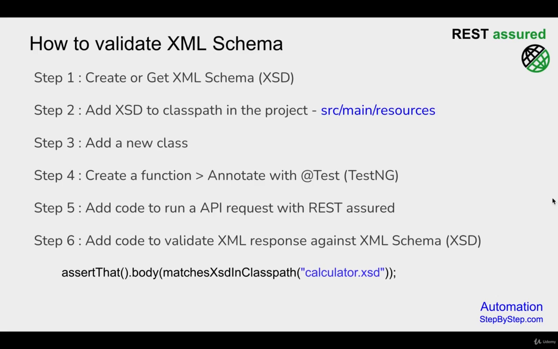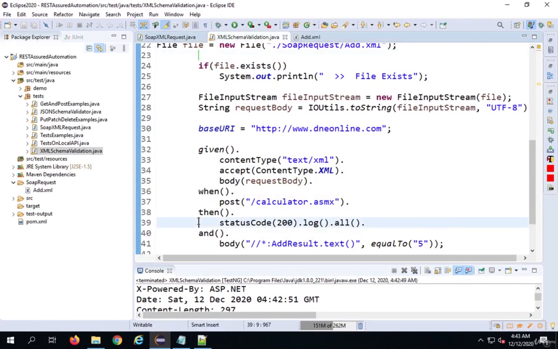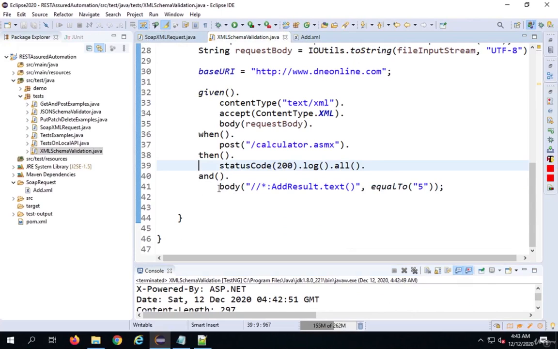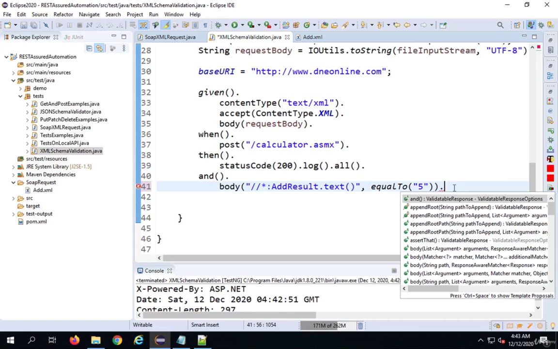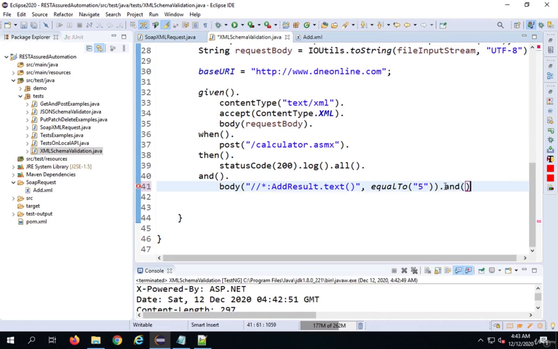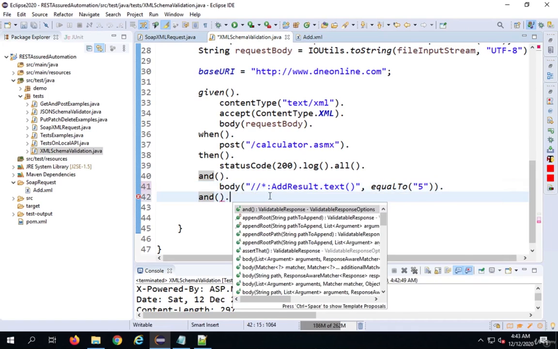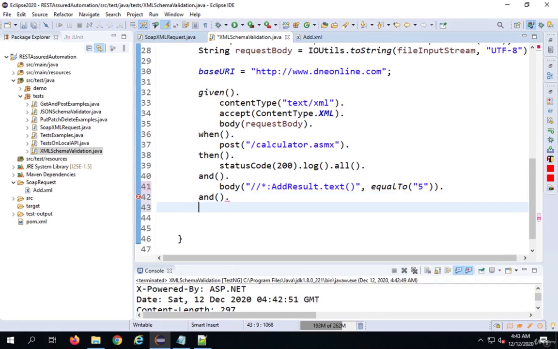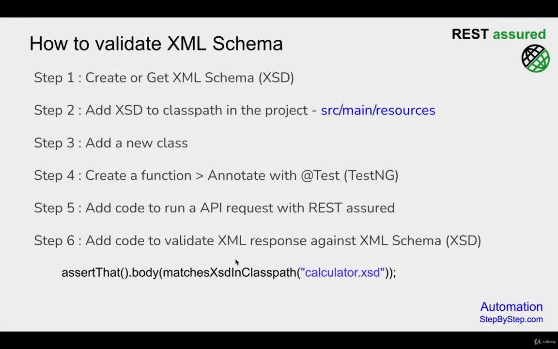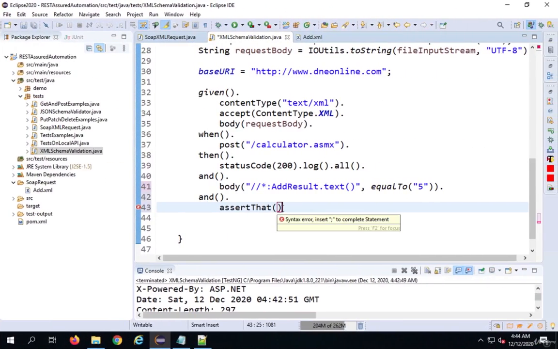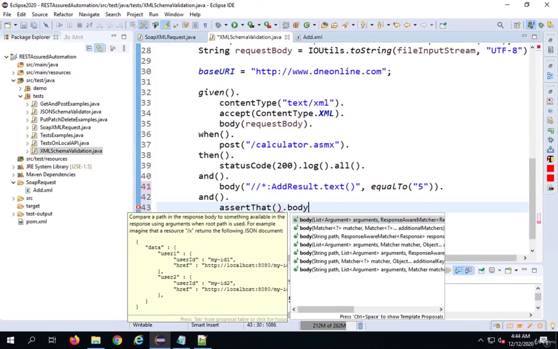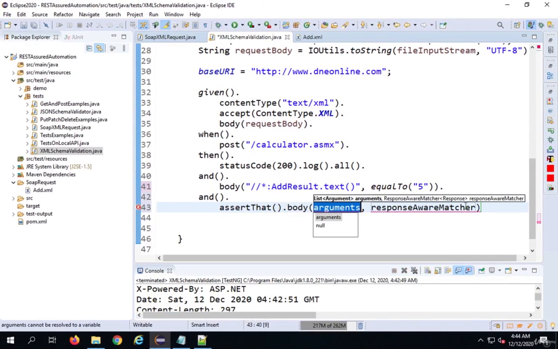So I will go to the bottom, and after I have validated this, I will remove the semicolon, give a dot here, put it on a new line for easy readability, and again say dot, go to the next line and say assertThat body dot body,